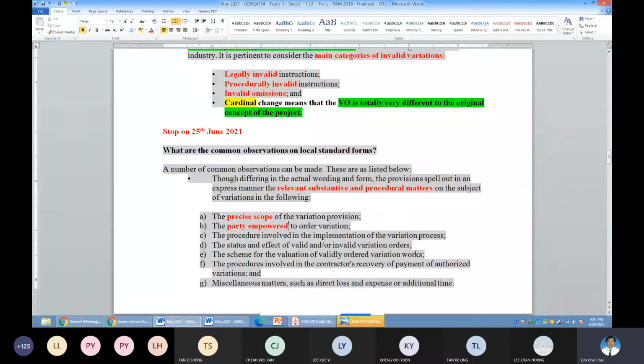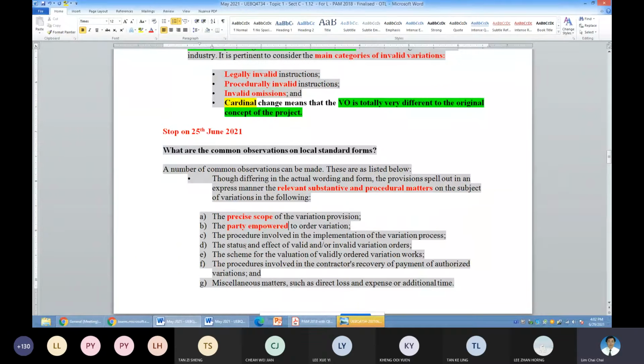So in your PAM, it's definitely the named architect. If it's your JKR, it will be the named engineers or representative of the state government or federal government. That is JKR. If you're talking about FIDIC, it will be the superintending officer, the SO. Similarly, CIDB, it will be the superintending officer or the SO of the project identified by the owner of the project.